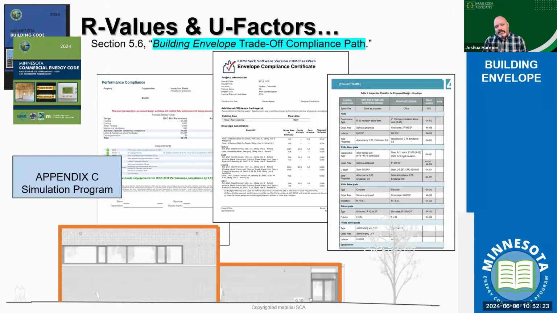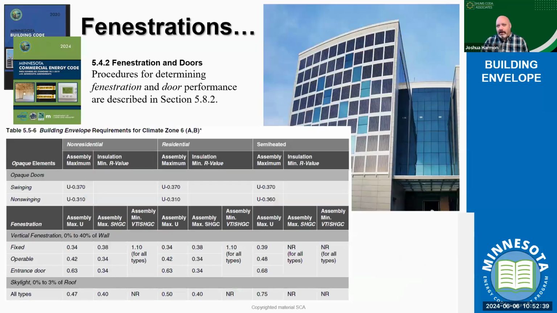When we think about some of those different compliance paths, what we're going to see, maybe through one of the appendices or through the building trade-off, are reports provided that demonstrate how those wall systems comply with the thermal envelope expectations. But that's not the end of the story, and we'll always have more conversations about thermal envelope.